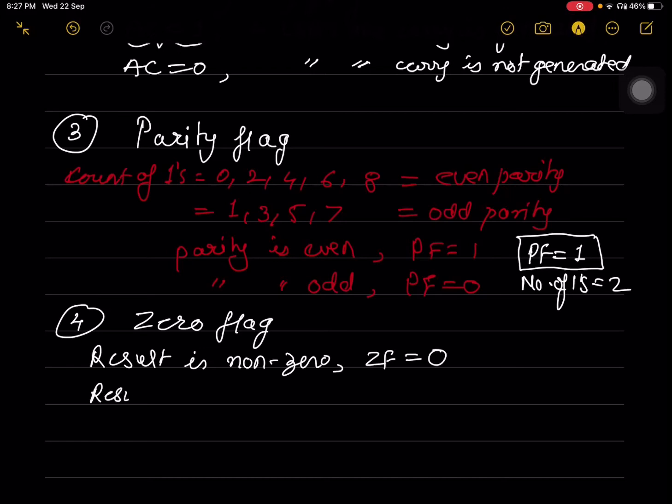And if the result produced in ALU is 0, then zero flag becomes 1. So in ALU, after performing any arithmetic or logical operation, if the result produced is 0, all bits 0, then zero flag becomes 1. If the result produced is non-zero, then the zero flag becomes 0.